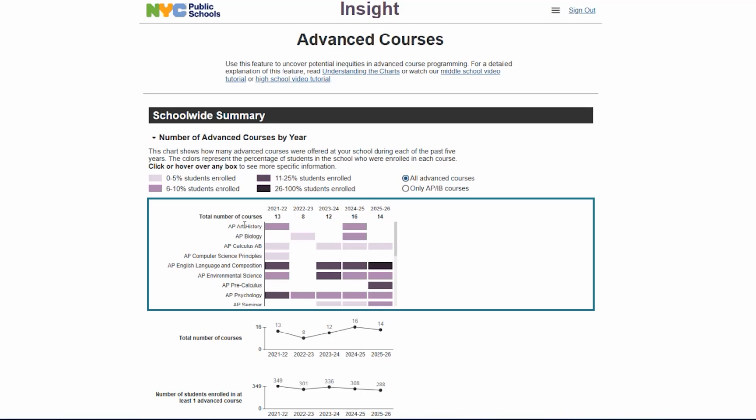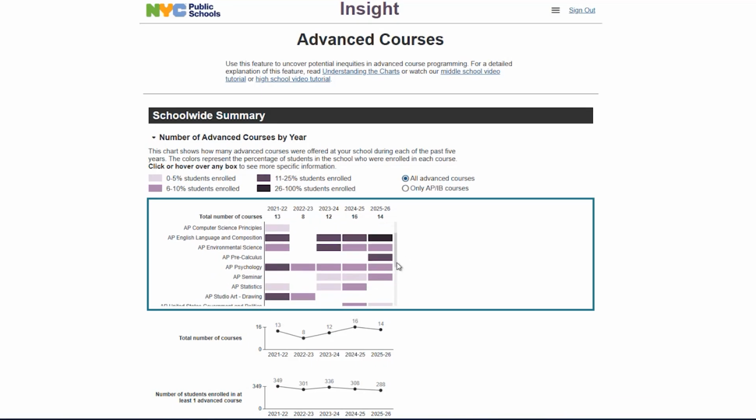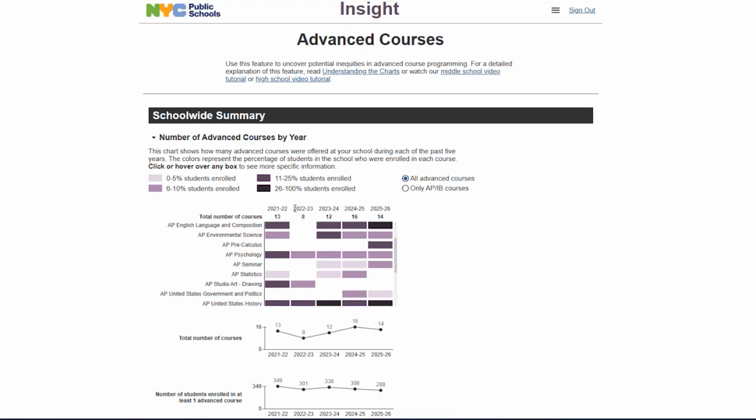number of courses your school has offered in the current school year as well as in the past 4 school years. It also shows you the total number of courses your school has offered in the most recent 5 school years, as well as the number of students who enrolled in at least one advanced course in the most recent 5